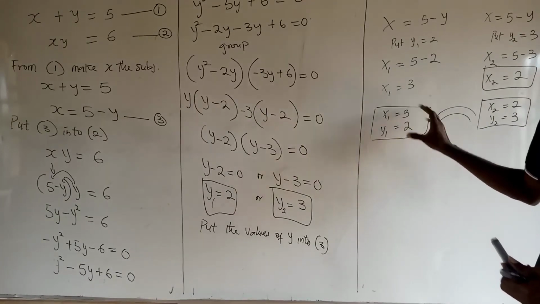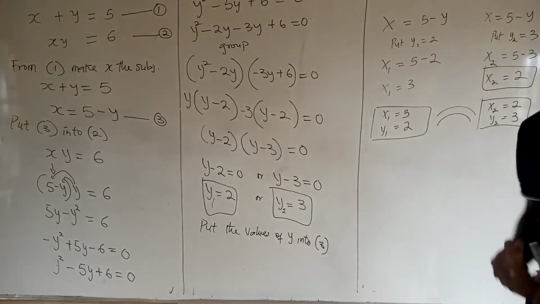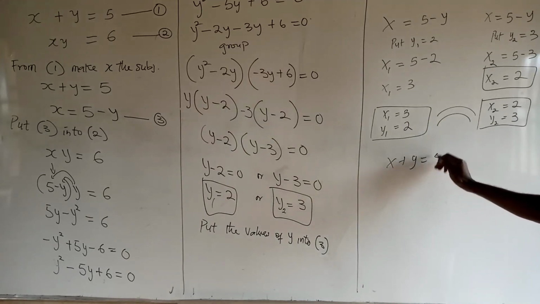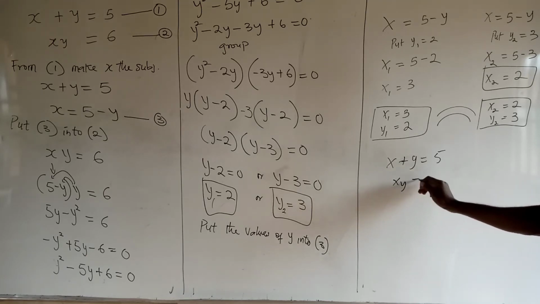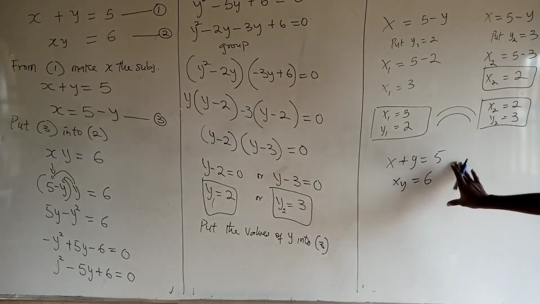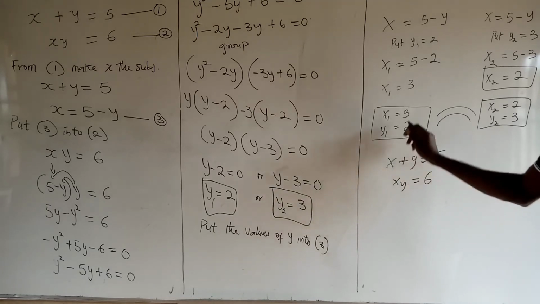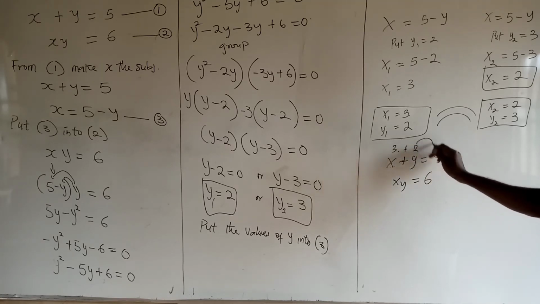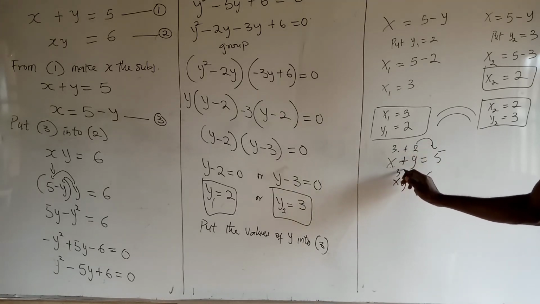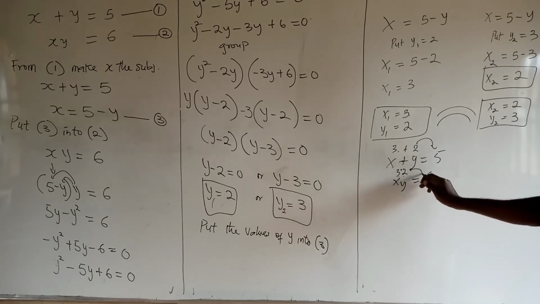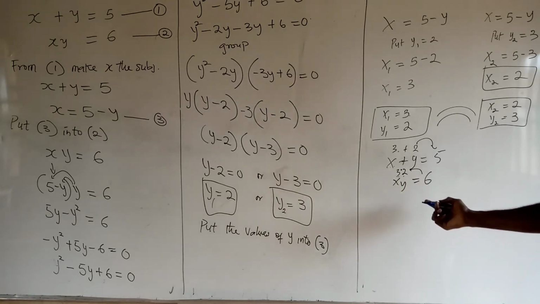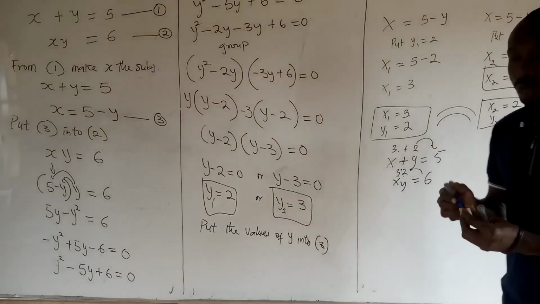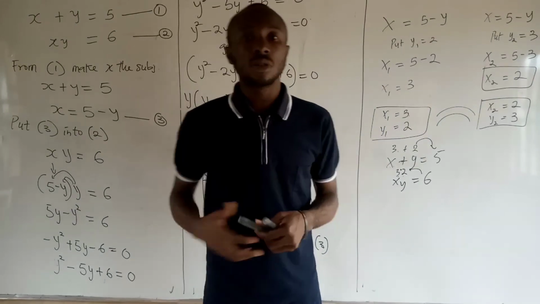Let us verify these values of x and y from the given question. The question we are given is x plus y is equal to 5 and xy is equal to 6. We want to verify the solution. So if x is 3 and y is 2, we have 3 plus 2, which is 5. And if x is 3 and y is 2, we have 3 times 2, which is 6. So it's consistent. The same thing when you try this other one, you'll get the same solution. So we have actually obtained the solution to the given